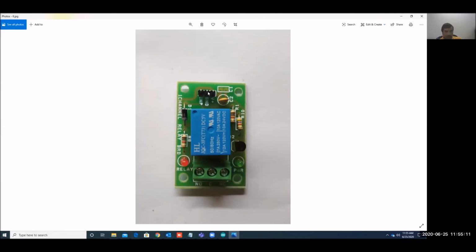Okay, so in this we have a connector. This we can connect with the microcontroller. Here we have the relay trigger LED, and here we have the relay power LED, and this is the transistor. With the help of the transistor, this relay will get triggered. So we have to interface this relay with the microcontroller. From VCC and ground, we can connect to the microcontroller 5 volt and microcontroller ground, and this input we can connect to any of the digital pins. Okay.